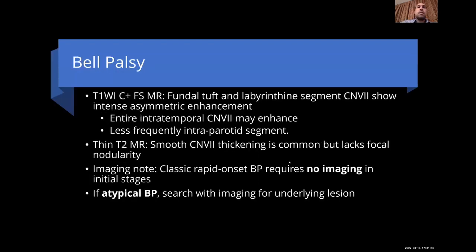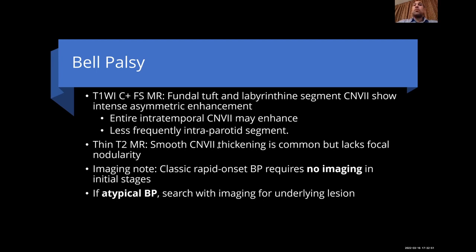The next is Bell's palsy, an inflammation of the cranial nerve. It is a clinical diagnosis, and you will not find this patient in your center or hospital unless they have been suffering for a long time, because early on the ENT consultant will not send the patient to you. When they do send the patient, you follow the protocols for assessment of the nerves: post-contrast, fat suppression,